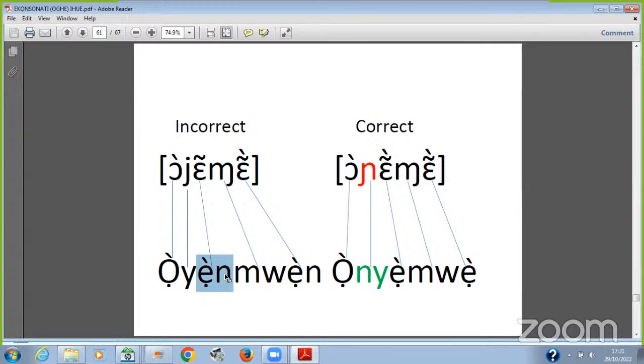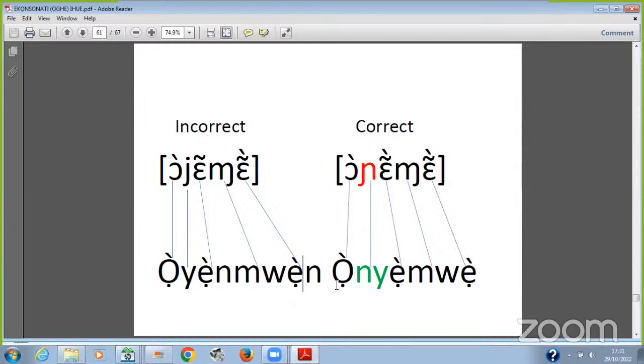So we assume without considering. And then the MW is written with the digraph MW, and then you have the A after MW, which is now again E subdot N. That is double marking of nasality, which is out of place. But if you look at the correct way of writing it to the right, you have the